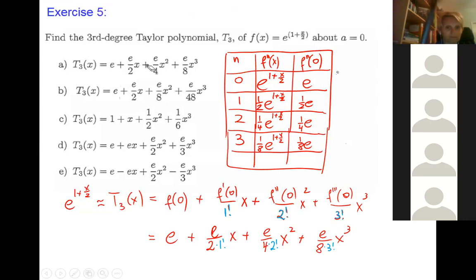E over 2, that means this is only 2, which is not exactly correct. 8 times 2 is 16. 8 times 6 is 48. And it will be